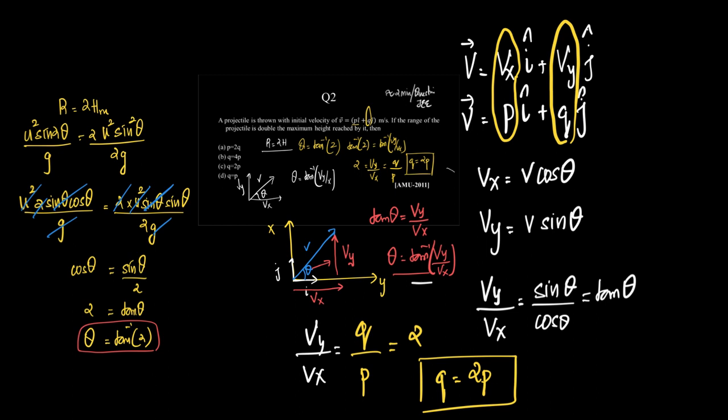A boy can throw a stone up to a maximum height of 10 meters. The maximum horizontal distance